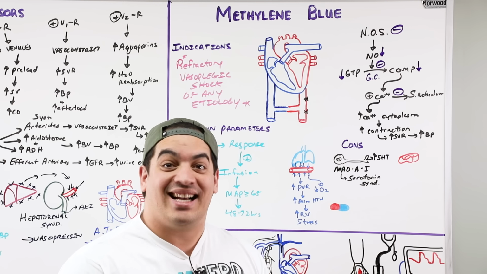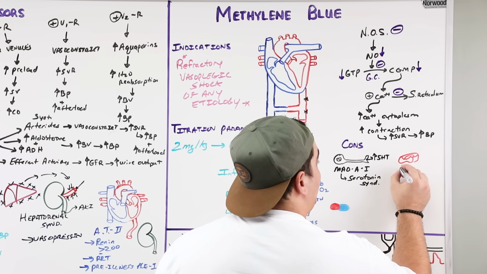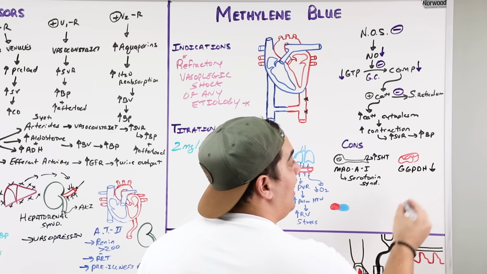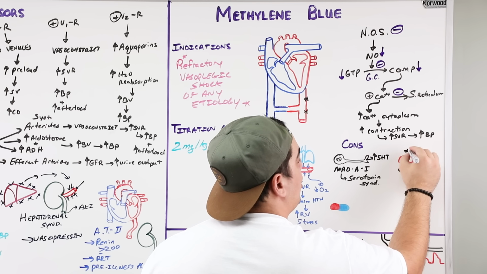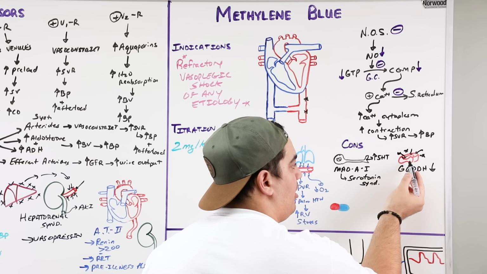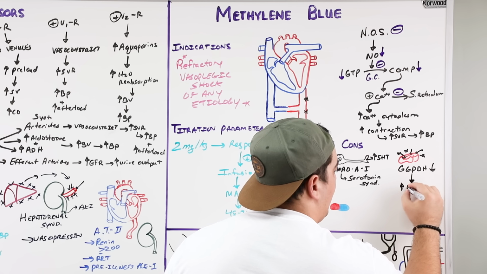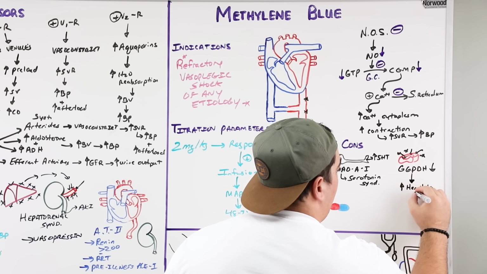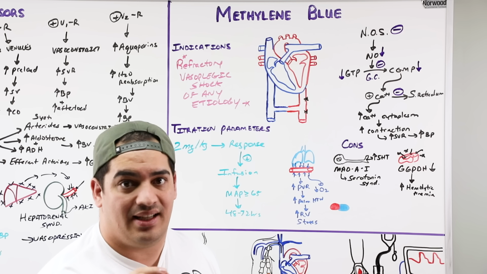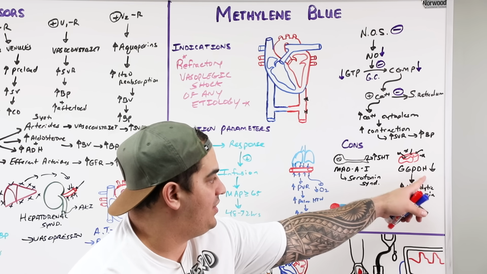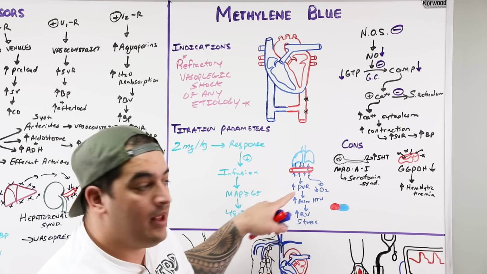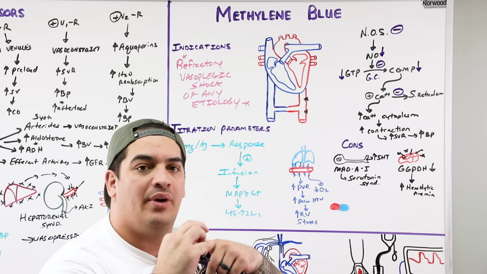Another thing, because it acts as an oxidating agent, in patients with what's called G6PD deficiency, okay, it can act as an oxidating agent and cause more damage to their actual red blood cells, increasing the Heinz body production. And this can lead to an increase in their hemolytic anemia. So you can see an increase in their hemolytic anemia because of the oxidizing effect, especially in these patients with G6PD deficiencies, serotonin syndrome, potential O2 desaturation, increased stress on the right ventricle, inaccurate reading of their pulse oximeter, and